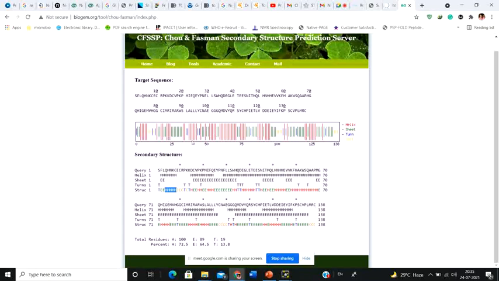How? I know that this S has a propensity to form a turn, because it doesn't participate in a helix or in beta sheet formation, but it actually forms a turn.